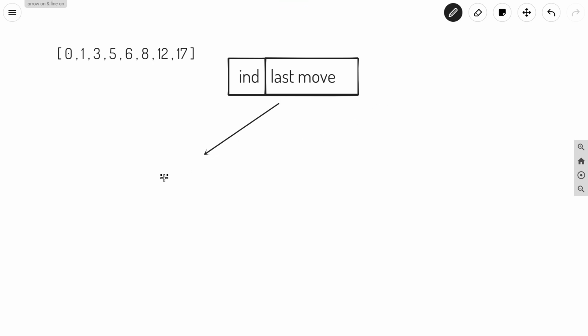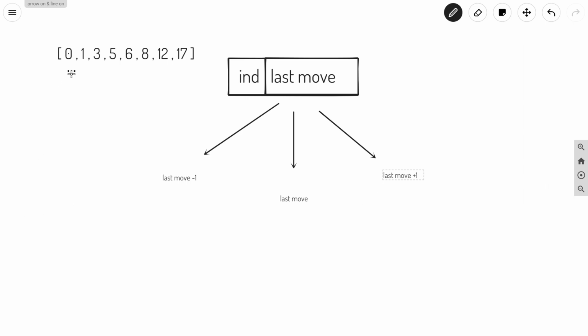The moves are last move minus 1, one move will be equal to last move, and another move will be last move plus 1. So it can have three types of moves for each position.